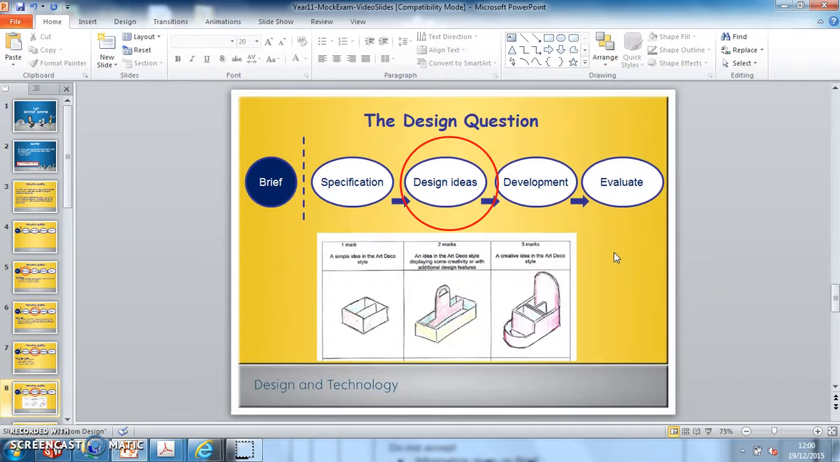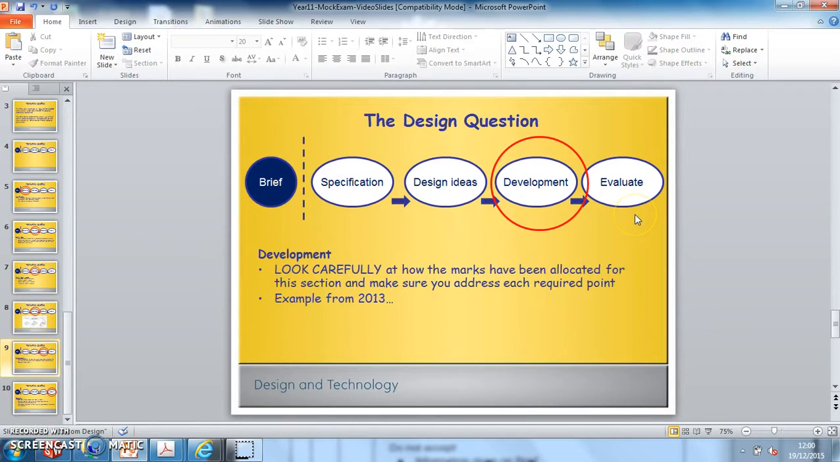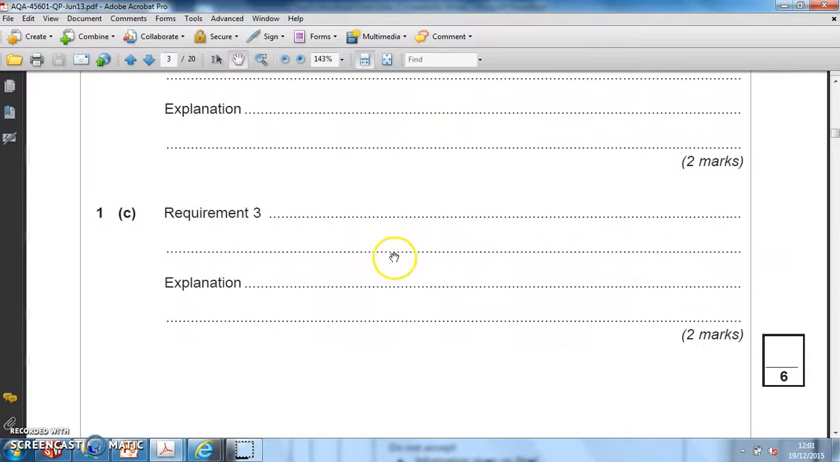Typically in your coursework, after you've come up with a range of ideas, you start to develop those ideas into something that's more refined and more defined. That's exactly what comes next in the paper. So look carefully at what's being asked for you again in this context, and you'll normally be asked to take one idea and develop it through to a full solution. So in the 2013 example,